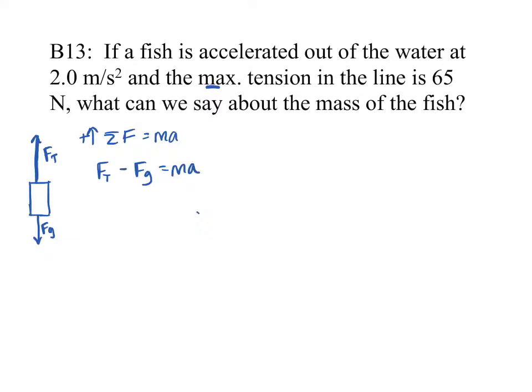We were not given gravitational force, but we know how to find it. Remember, that's mass times gravitational acceleration. So that's what we're going to do. That's actually mass times gravitational acceleration. Now remember, this g right here is a subscript. This g is not a subscript, so do not treat it as such. That is the mass times 9.81, okay? Or negative 9.81. Actually, it's just 9.81 here. I already accounted for the negative by subtracting it.